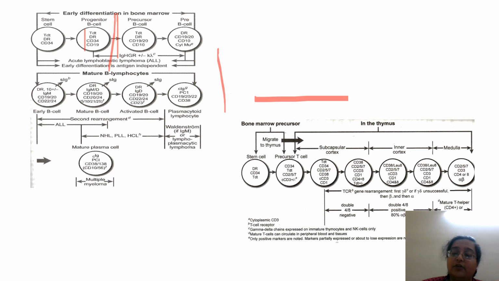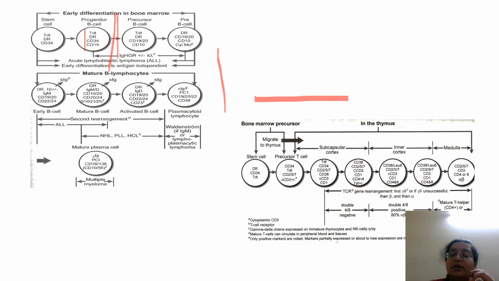The more immature, and of course if it's a plasma cell lesion, then immunoglobulins, light chains and heavy chains positive. The more immature the leukemia, you'll get TDT, HLA-DR and CD34 positivity. The same applies for T cells. CD3, 5, 7, 2 are more maturity markers, while TDT, CD34 and HLA-DR are immaturity markers. Also, in T cell, whether it is an alpha beta abnormality or delta theta abnormality,